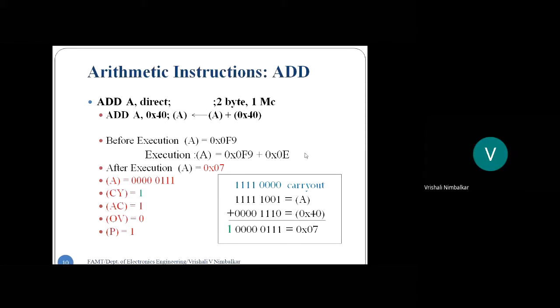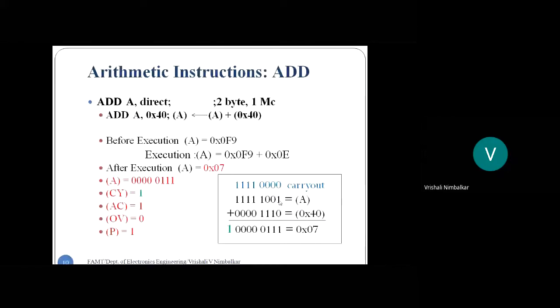How can the answer be 7? We will see in the example. So accumulator will show 0, 7, in 4 bits, 0111. Okay, then let us see the example. So the accumulator is having F. F means 15, 1111. That is F. 9 is 1001. So this number is F9.